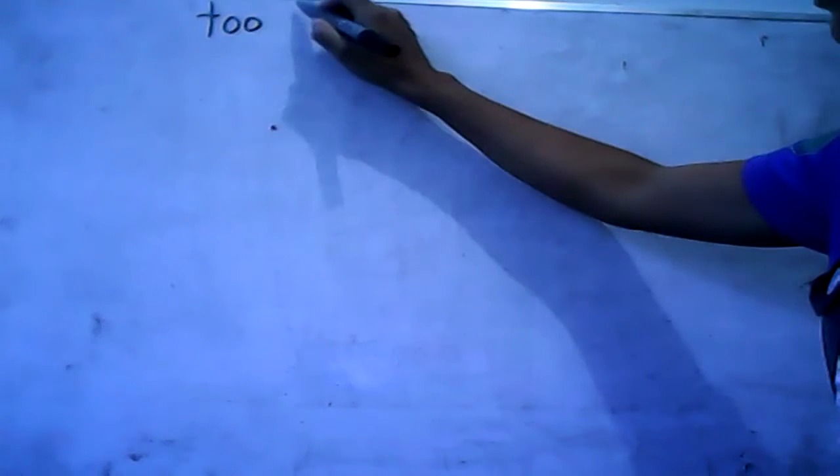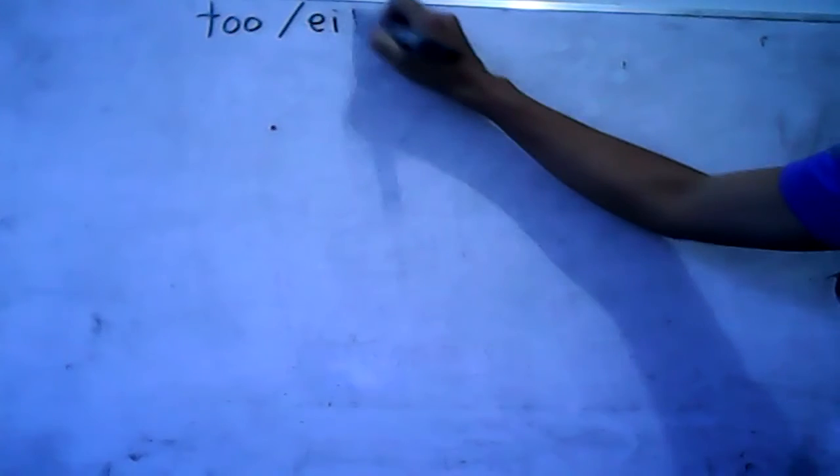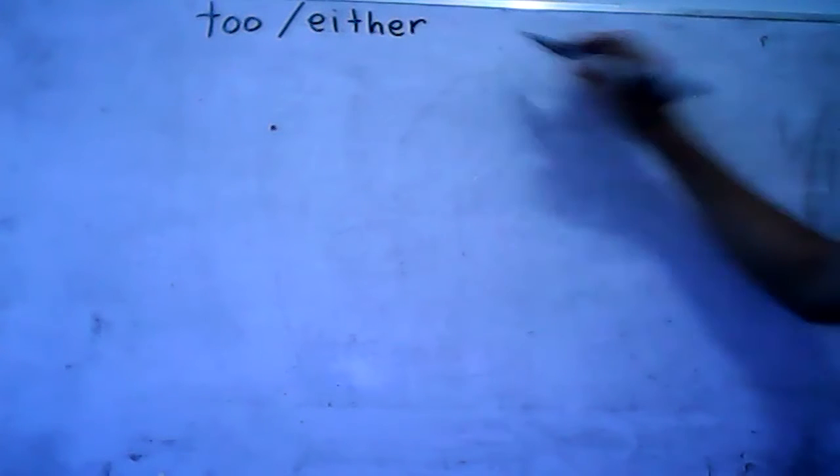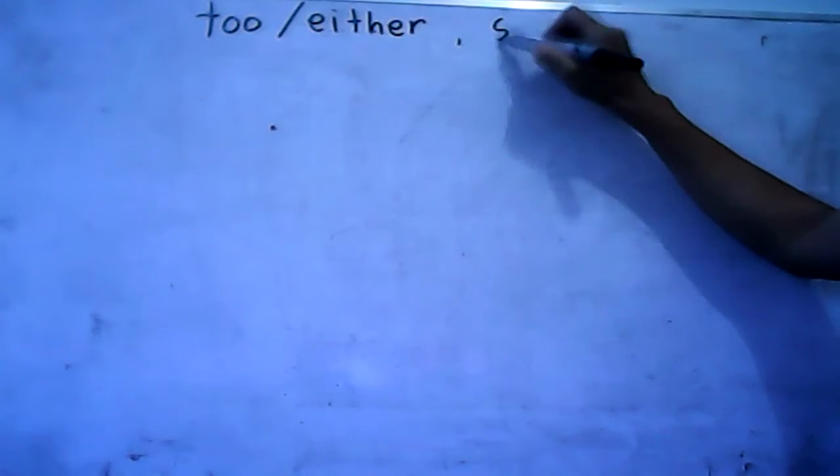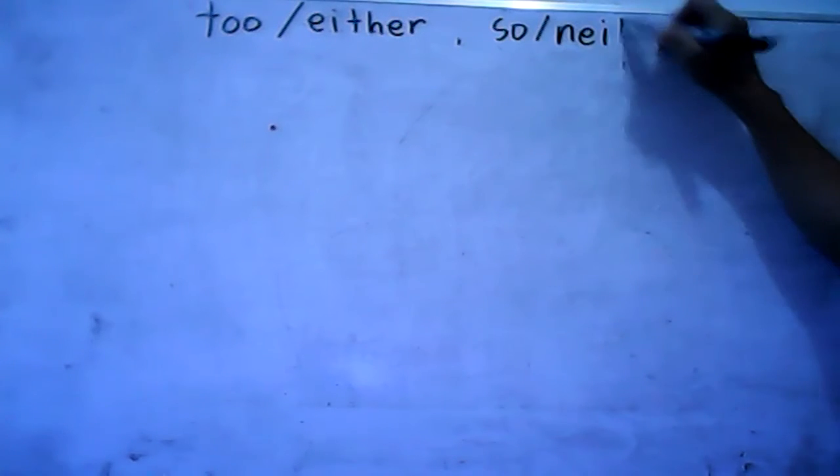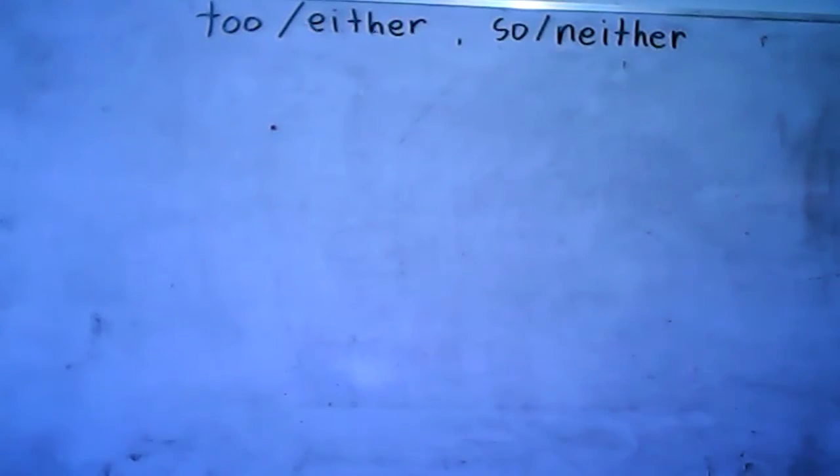Alright, for Unit 43, the topic is about the use of too and either. And then we're going to study also so and neither. Just remember when you're using these words, let's start with two people for an easier